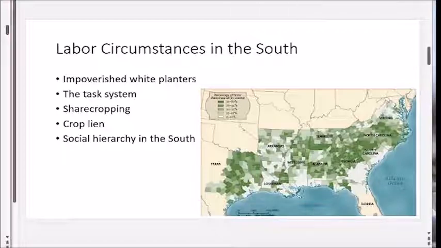What is sharecropping? Well, since many African Americans didn't receive land after the Civil War, they were forced to rent land, oftentimes renting land from their ex-slave masters, right? And so you have a number of African Americans living on the same plantations where they were once slaves, or maybe where their ancestors were once slaves, and they're practicing sharecropping. Okay, so what is sharecropping? This is where you're renting land, right?